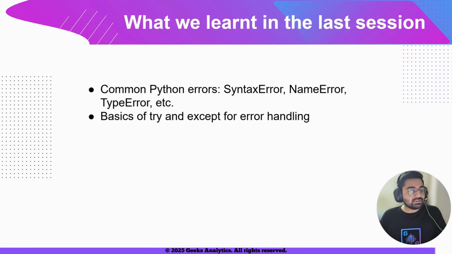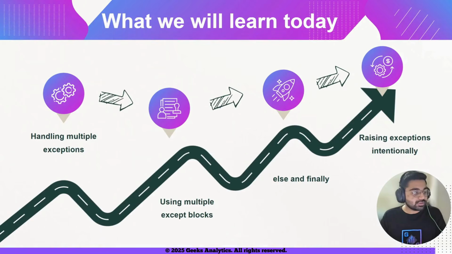In the last session, we learned what exceptions are and why they occur, what the different types of exceptions are, and we also learned how to use try and except block to prevent our program from crashing when an exception occurs. In today's session, we will build upon those basics and learn how to handle specific types of exceptions